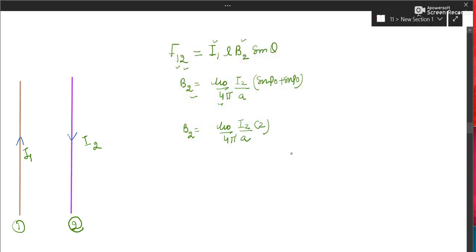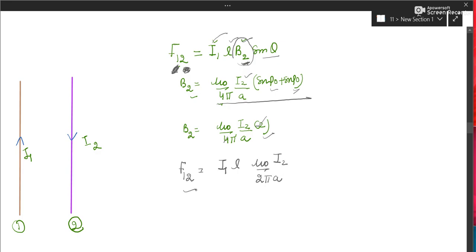Okay, so it is the same, force on 1 by 2, the derivation is ditto same. Current of self, length common, B2, force on 1 by 2, so it is B2 sin theta. B2 is like this, mu naught by 4 pi over perpendicular distance. I will be of I2. Sin 90, this came as this, 2 and 4 will be cancelled. So my B2 is ready. I can substitute here. F12 is equal to I1 L mu naught by 2 pi A and I2. So F12 is ready. So similarly, force per unit length will also be ready. L will be hidden this time. Okay, you'll have to talk about directions now.